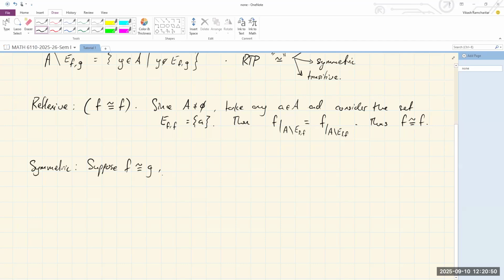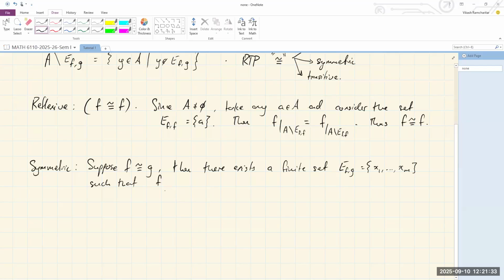So of course we know we need to show g is related to f, but if f is related to g, then there exists, straight from the definition, what does it mean for two functions to be related to each other under this particular relation? It means that there exists some finite set, and we call that set E_F,G. It's a finite set of points. So let's put some points in it. Let's say they are just m points, such that